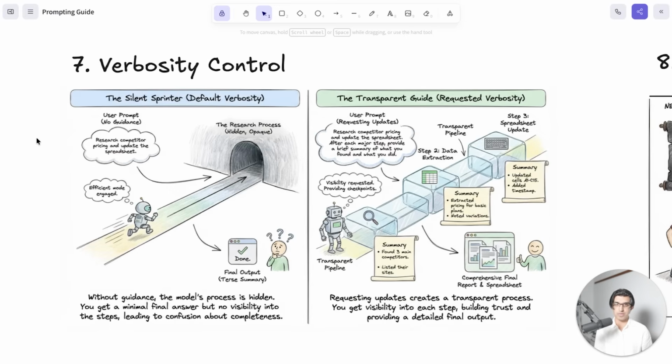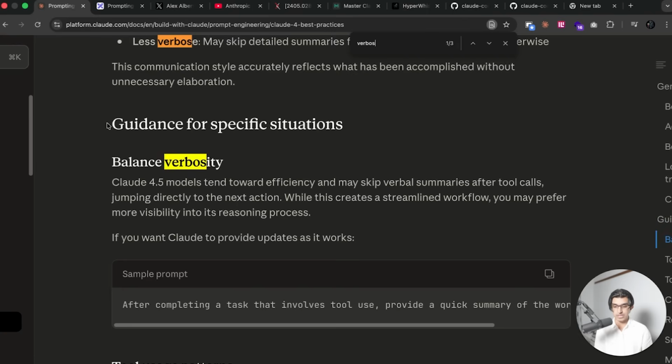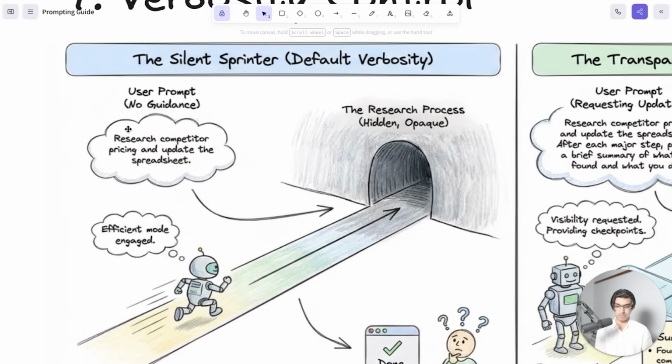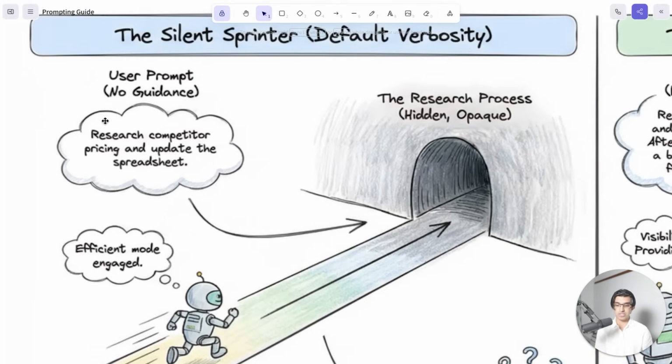Next up is about verbosity. So by default, the Claude 4.5 models tend towards efficiency and may skip verbal summaries after tool calls and just jump straight to the next action. And this can create a more streamlined workflow, but you may prefer more visibility into what's actually happening behind the scenes. So for example, if you just leave it on the default verbosity and you say to Claude Code